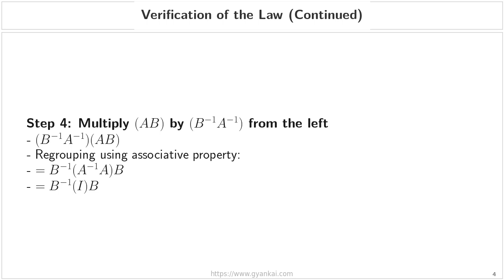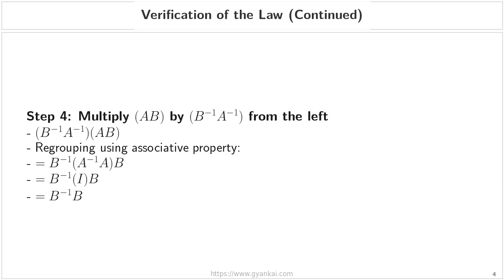Now, we apply the fundamental property of inverses that we discussed earlier. Any matrix multiplied by its inverse results in the identity matrix. So, A inverse times A becomes the identity matrix, represented by the letter I. This leaves us with B inverse, multiplied by the identity matrix, multiplied by B. Since multiplying any matrix by the identity matrix doesn't change it, we can simplify this further to just B inverse